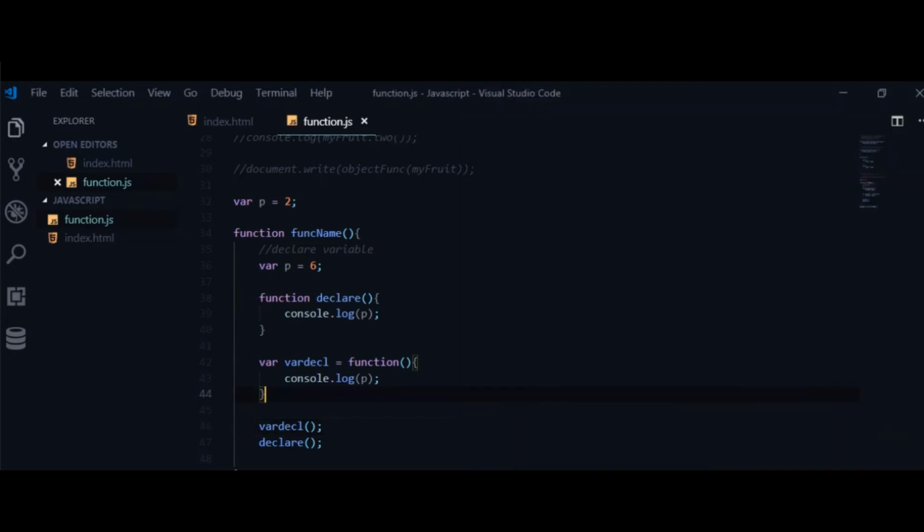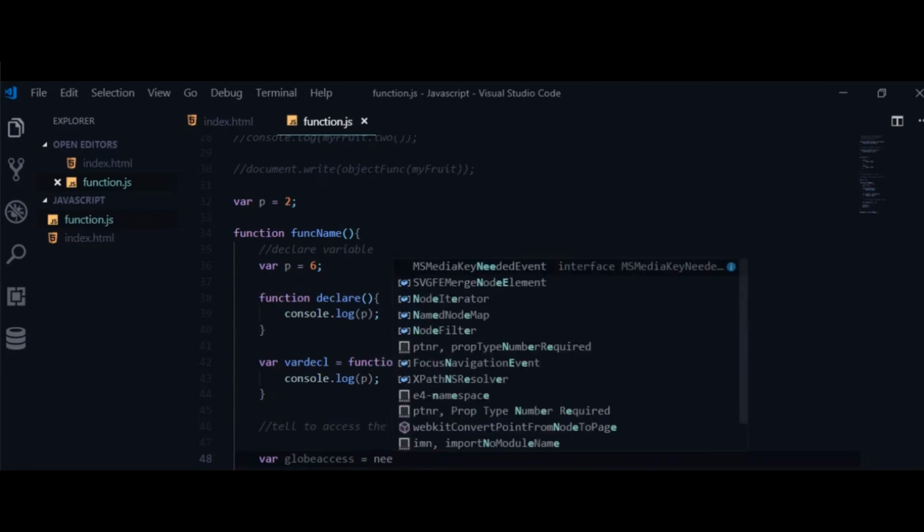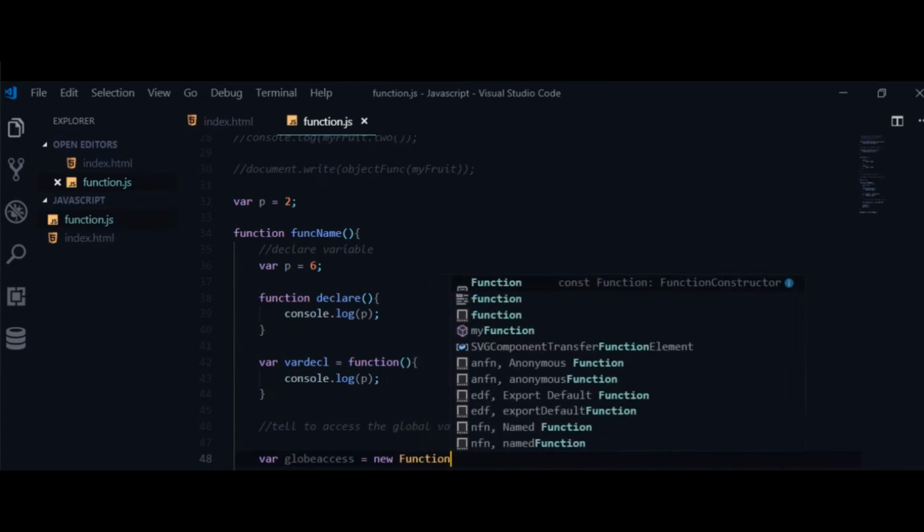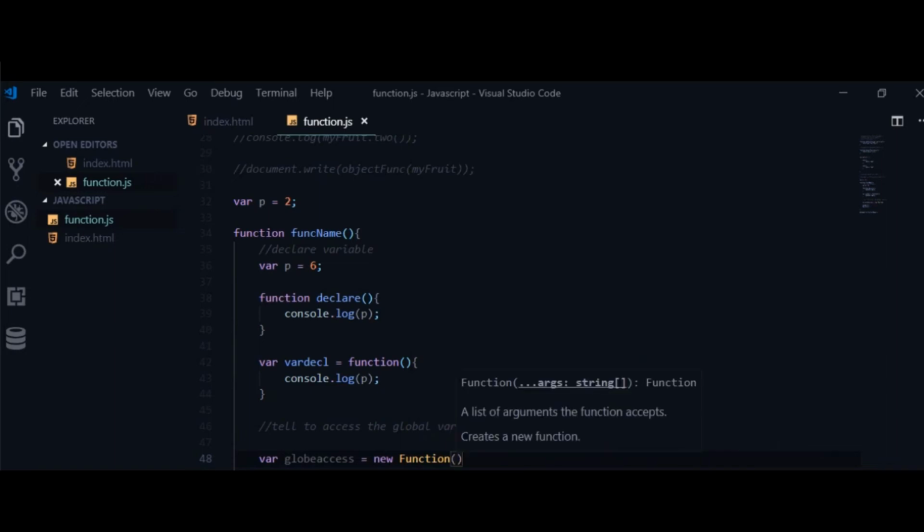So I'm going to have another function which I'm going to tell to access the global variable. Okay, so I'm going to call it var and call it global access. Then I'm going to assign it and say this is a new function, right? Then this new function, I want it to console.log